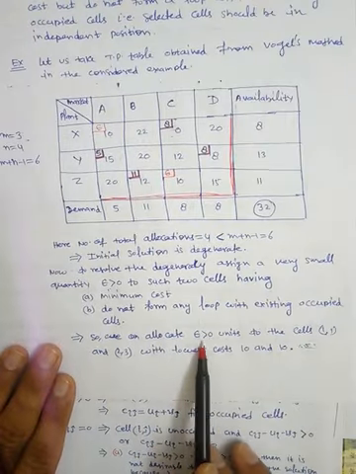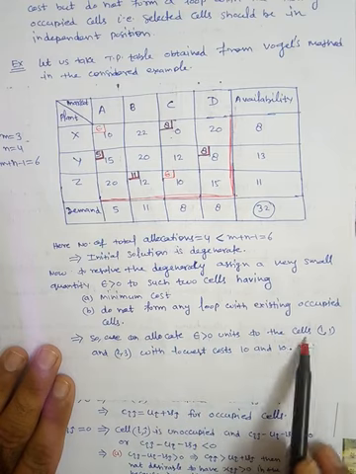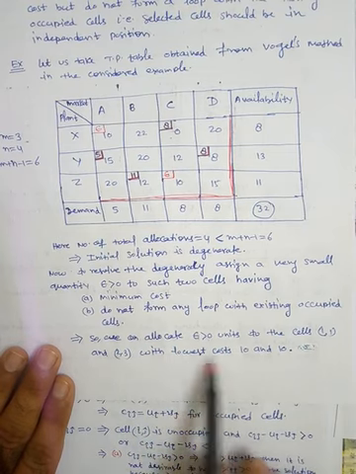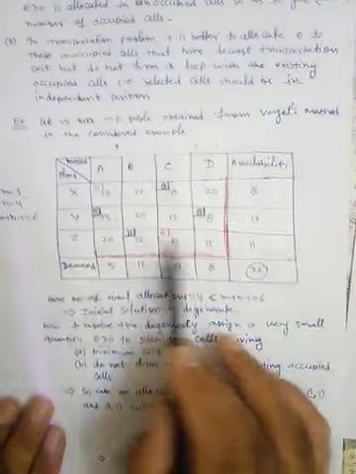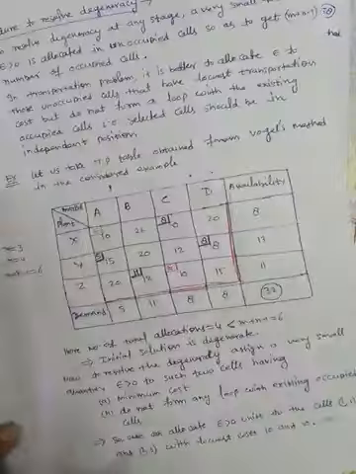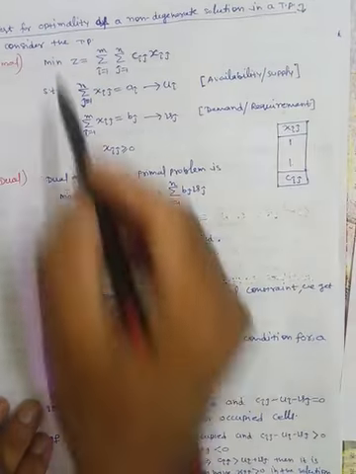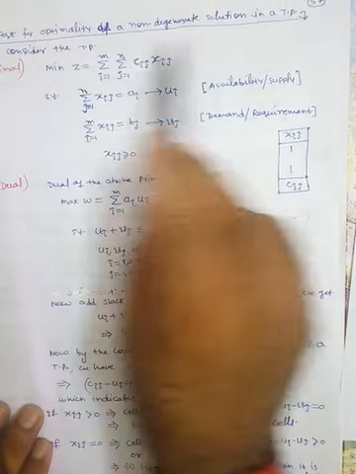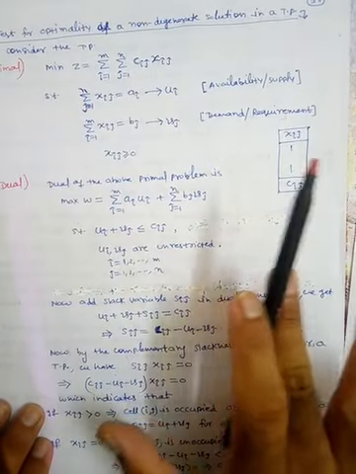So that's why we can allocate epsilon greater than 0 units to the cell 1 1 and 2 3 with lowest costs 10 and 10. This is the 10, this is the 10. So this is the procedure. So we have started today from the loop, this page, and then how to resolve the degeneracy. Fine. Now in the next video I am going to discuss the procedure. I am going to develop this procedure, test for optimality of a non-degenerate solution. Fine. Thank you.